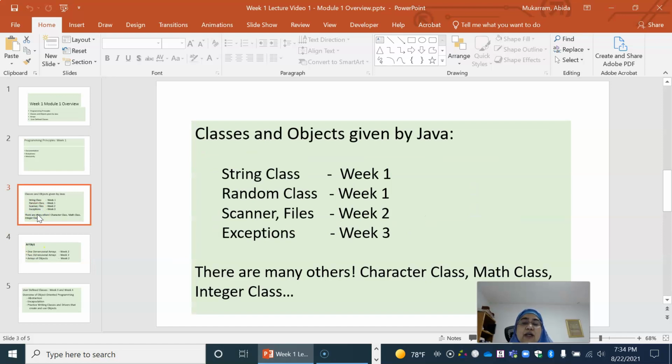For those of you who are familiar with Building Java Programs, Random class is in chapter 5, files are in chapter 6, and Scanner, I believe, is in chapter 3, and exceptions also. So a lot of this stuff is something that you have done in CSE 15. But this is a review, so everyone's on the same playing field. So I will stop here. That's the end of this review video, and then you can move on to lecture video